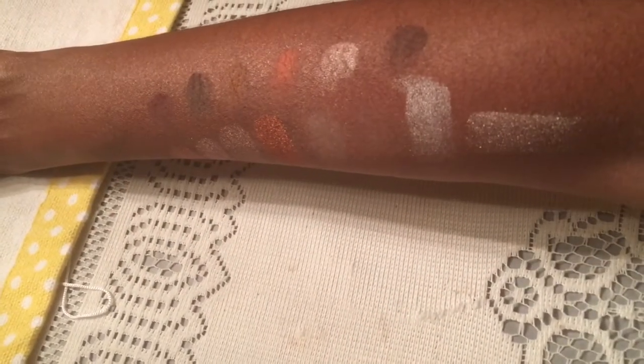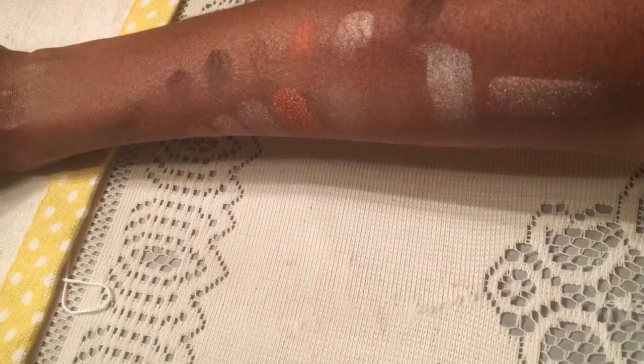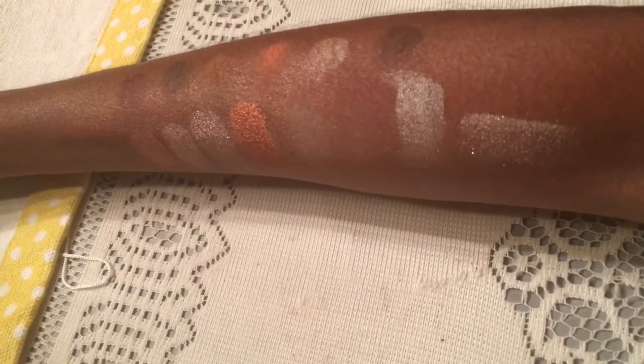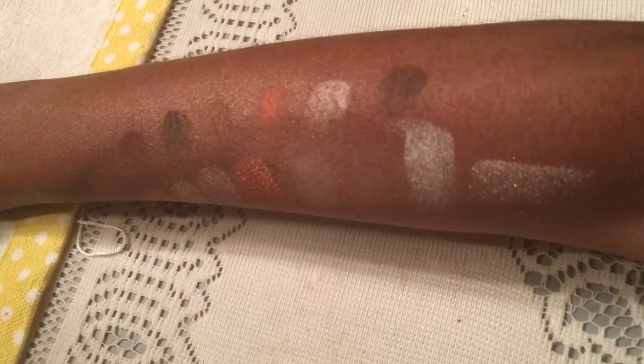At first I thought that it wasn't pigmented, but I think it might be just a little lighter pigmentation and sheer enough to blend in with your skin tone. But that white pearly one is quite fiery. When I saw Kandee swatch these, I thought that one was going to be a duo